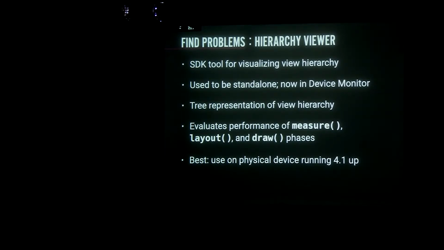So it'll kind of show you, oh, this is slow, this is okay, and this is doing efficiently. And you can actually see that in the Hierarchy Viewer. Just a tip, Hierarchy Viewer is best and easiest to use on a physical device running 4.1 and up. There's some details on that, but basically